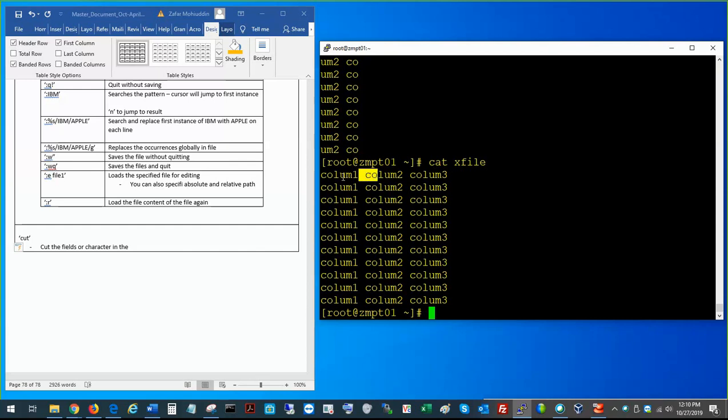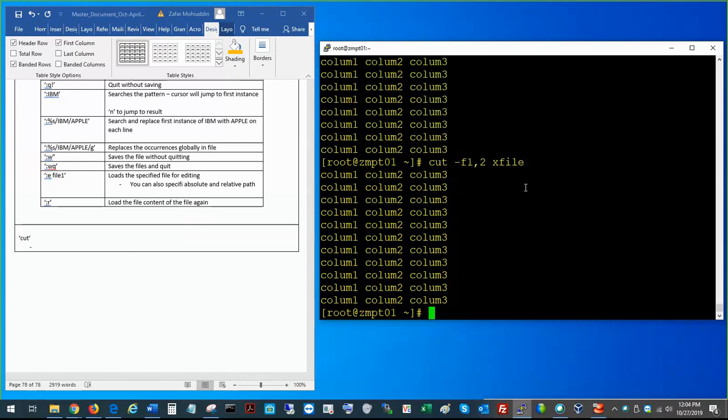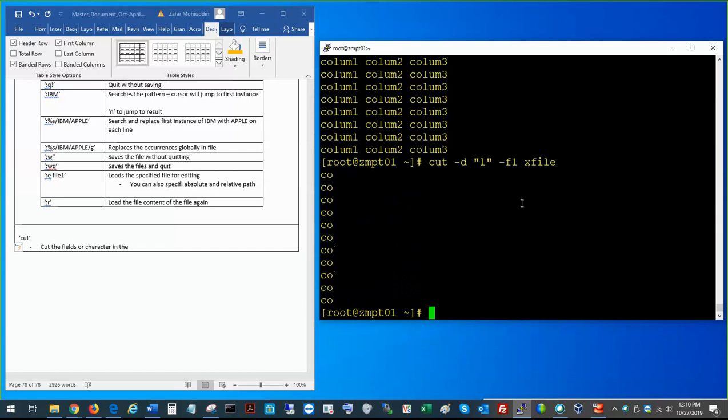Field 2. Okay, actually field 1, field 2, field 3, field 4, and field 5. So wherever L is there, it's going to look for that as a delimiter character. So if I type F1, you're going to get only CL. If I do F2,